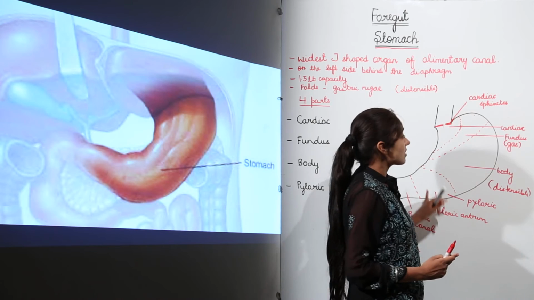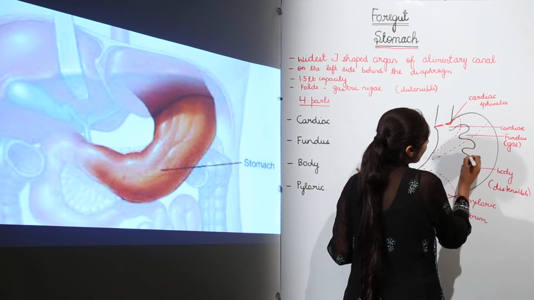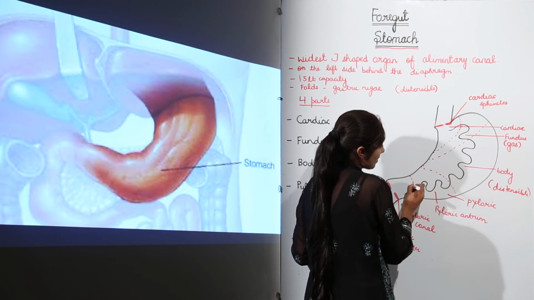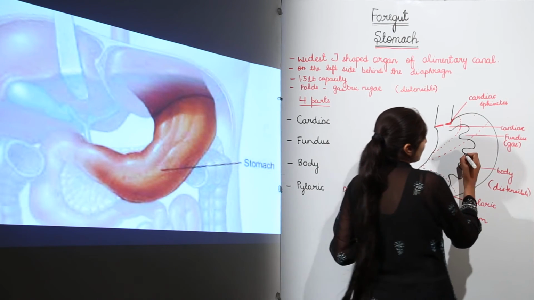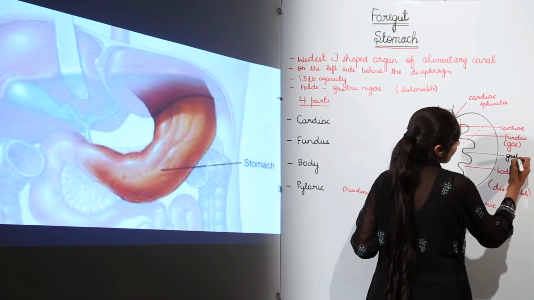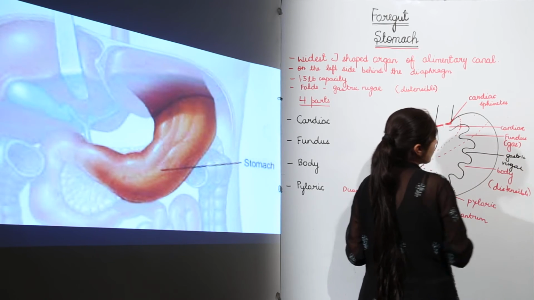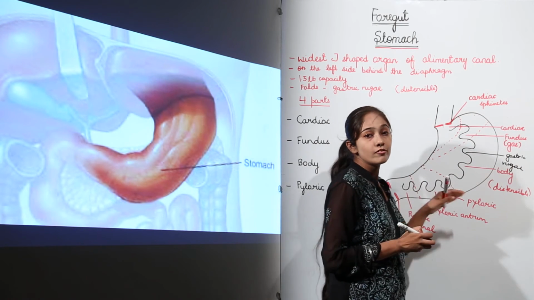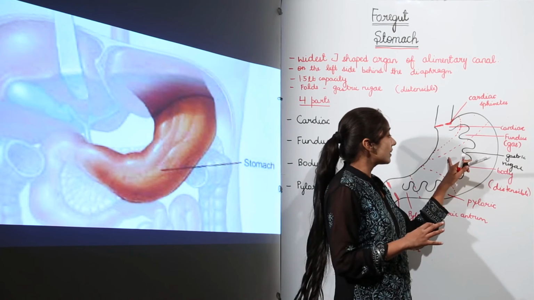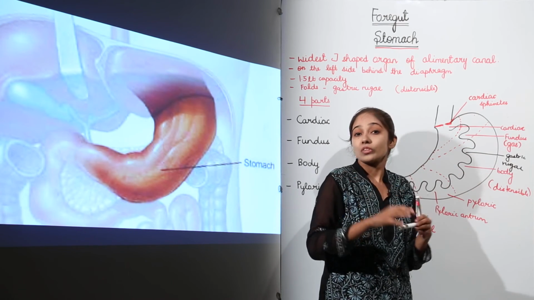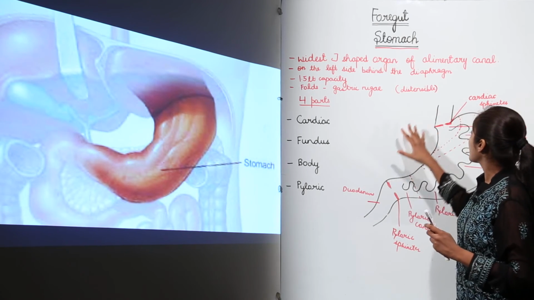So this is how the stomach is there. Now there are certain folds in the stomach wall. Just draw it like this. There are certain folds in the stomach wall which, I told you, we call as gastric rugae. So just label it as gastric rugae. Now these folds are there when the stomach is empty. When food goes inside the stomach, right, these folds are going to get stretched so that, I told you, more food can be accommodated in the stomach, right. So this is how the structure of the stomach is.